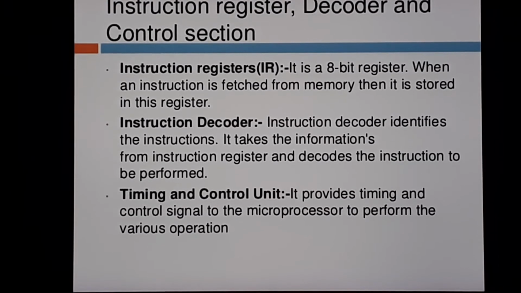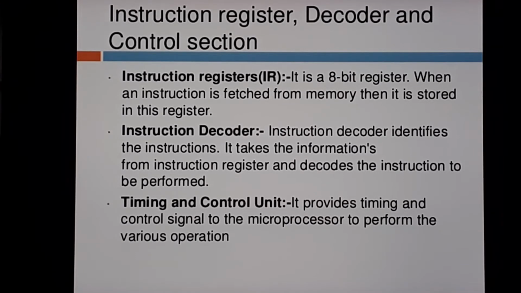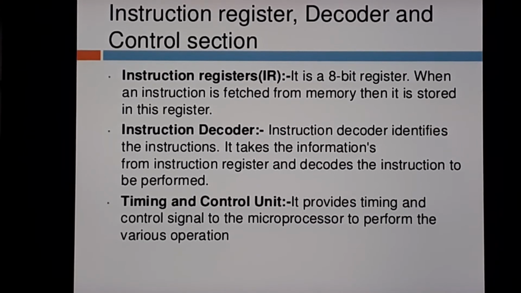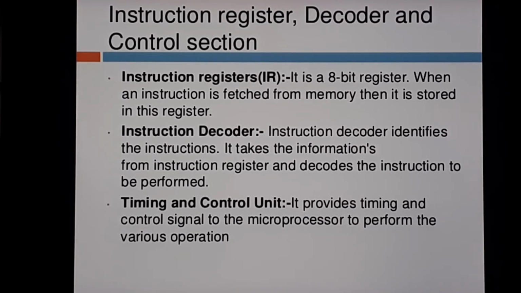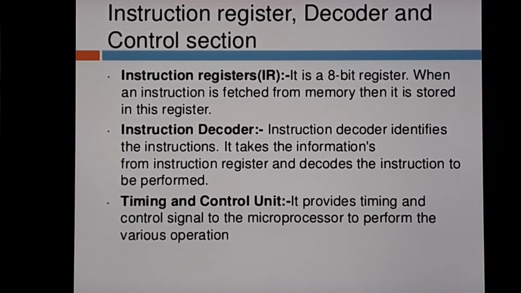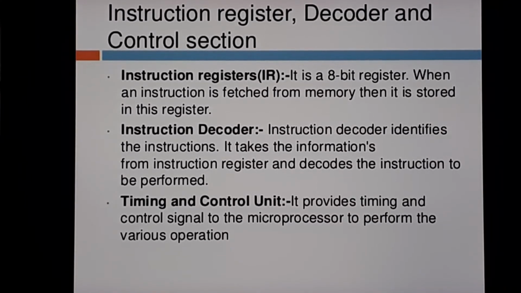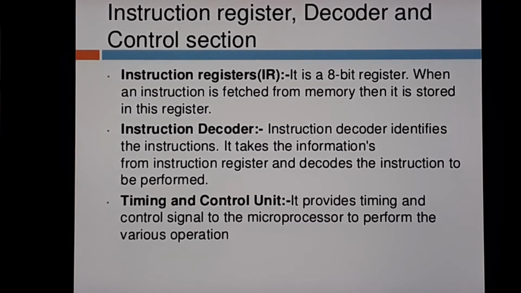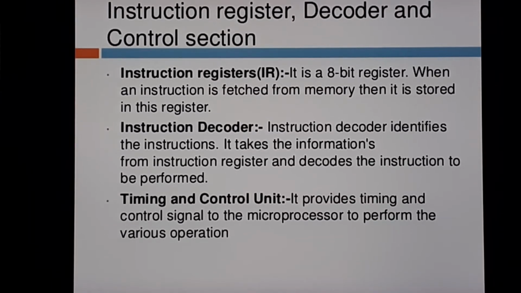Okay. The next is timing and control unit. All these are from the block diagram. If you see all the blocks one by one, you will get these. Okay, so timing and control unit means it provides the timing and control signals of the microprocessor. That means you can say the clock. As I've already told you, clock frequency is 3 megahertz. That means for this particular microprocessor kit, there is also a clock, which will measure the clock timing of each of the programs. So timing and control unit provides the timing and control signals to the microprocessor to perform the operations.